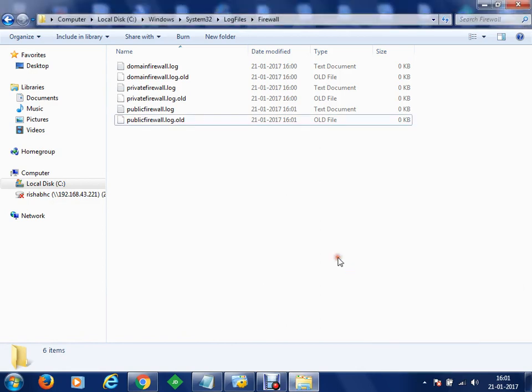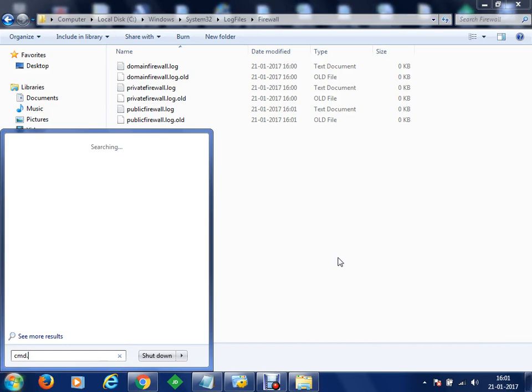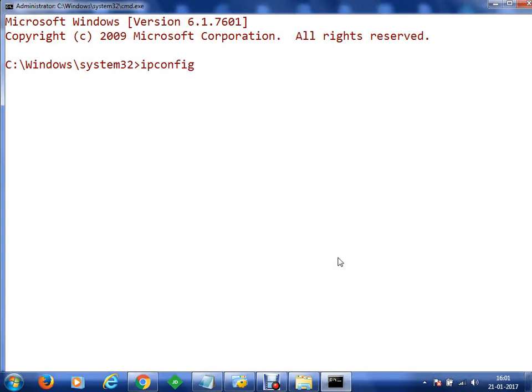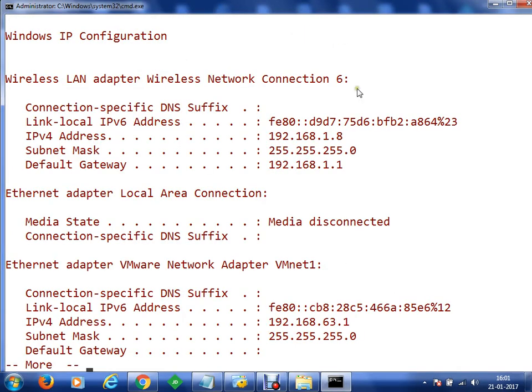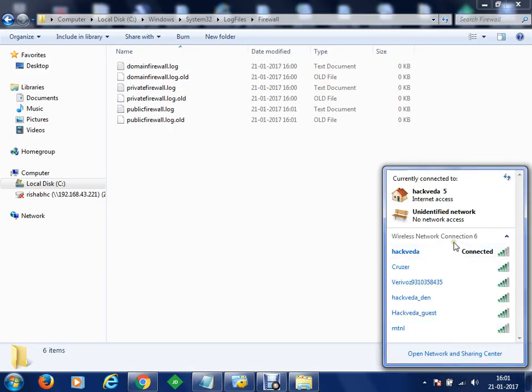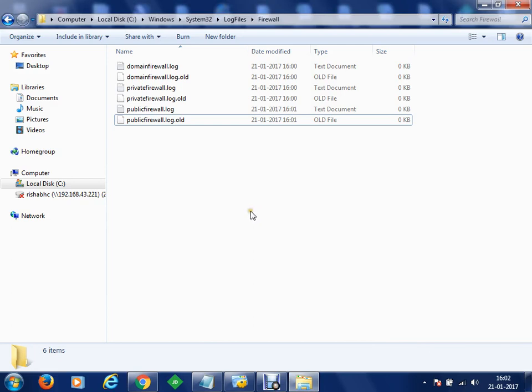Let me just tell you the IP address with cmd.exe, and the IP address is 192.168.1.8, and I'm connected with Hackweda at the moment. So you connect to Hackweda and try to connect to the IP address 192.168.1.8 from your browser, and check your IP addresses as well.